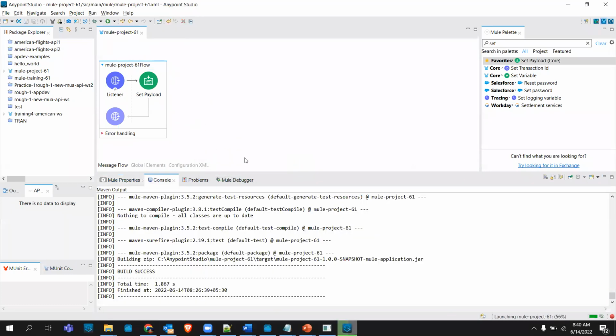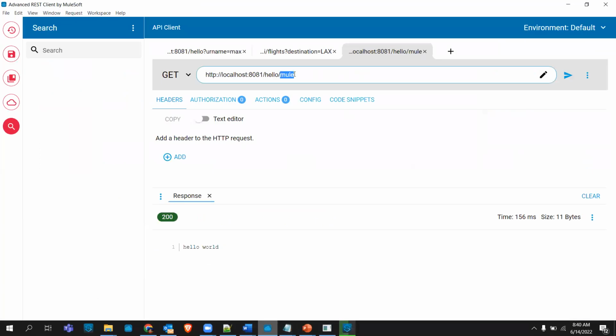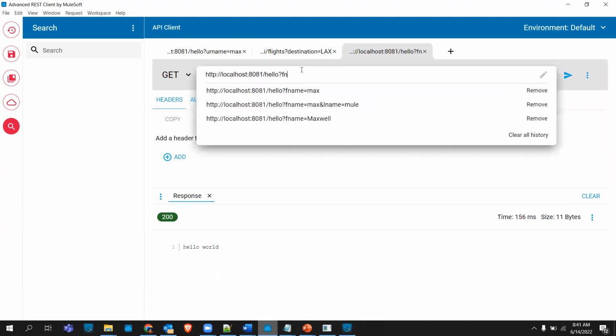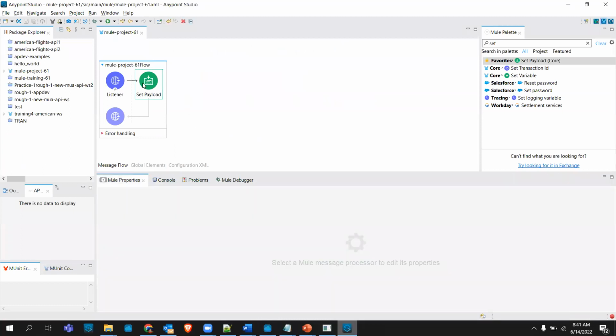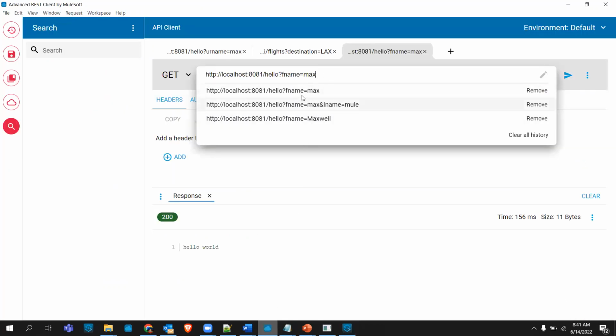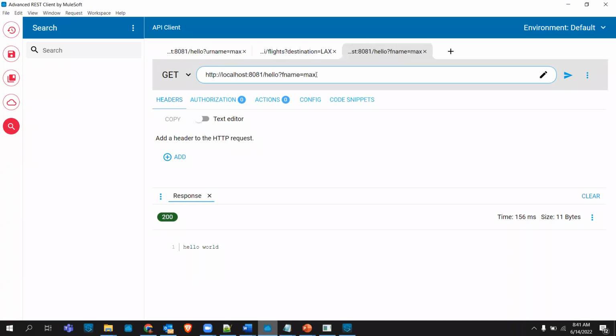I'm saving this project here, and let's make our request also ready. So it's a query parameter. I will have to change this request, and I have to provide a question mark and fname is equal to max. So I have to just see again what I have provided here. My query parameter name, which I'm referring to, is fname. If I provide fname, then only it will be able to fetch it, right? If I don't provide fname, then it will not be able to fetch that. So I'm just providing fname is equal to max,